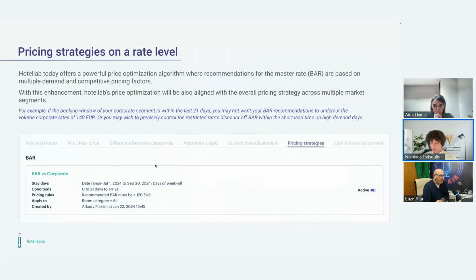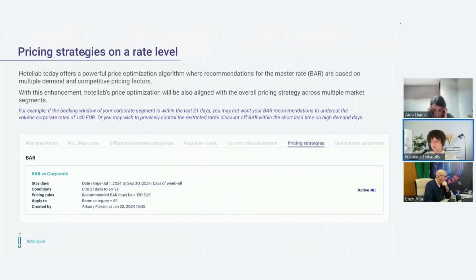So this would be an example of what our vision is and how we are going to implement it at HotelLab early next year. As stated earlier, we don't want to offer one more black box for the market. We actually want to offer a strategic revenue management tool that can be aligned with your goals. And only after it is aligned with your goals, you can click the autopilot button and basically automate your day-to-day tactical routines. So with HotelLab, we're building a quite new and interesting model, which is called pricing strategies, where